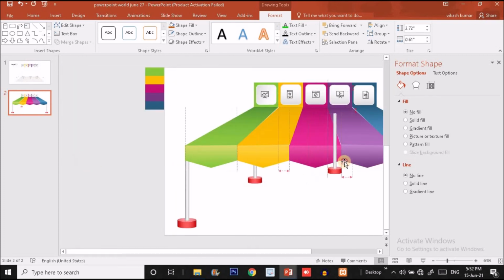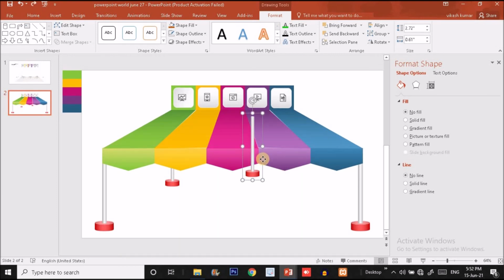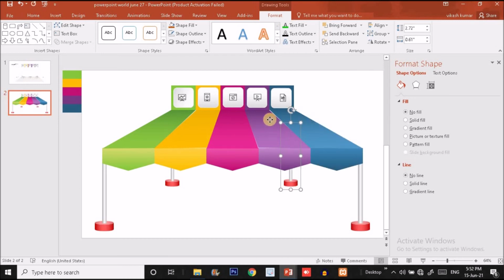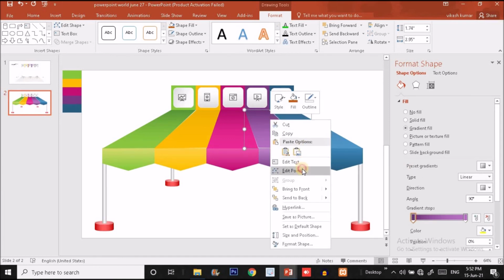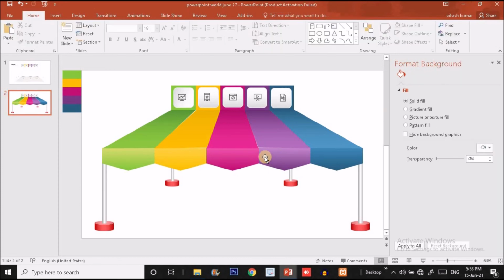Again press Ctrl D and put this pole over here. Make sure it is aligned with the previous one, so you will get a red line. Okay, this is fine, and right click over here and send it to back. You can see some patches over here, so right click, edit point, and I'm going to fill the patches by dragging the black dot over here. Now it's fine guys, so you can make a few little changes to make these shapes better and clearer.